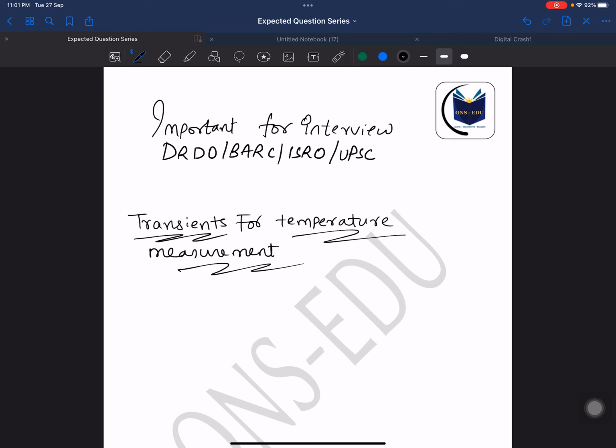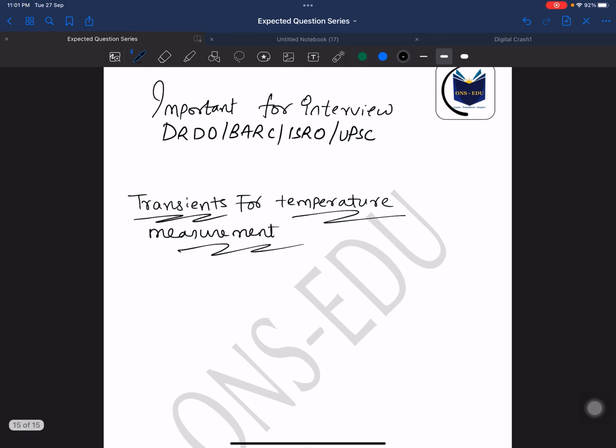A small theory, a small concept for measuring temperature. I came across this in my research work. I was doing some research in automation, and I solved the problem like this, and it really works. In the second part of this video, I'll show you using Arduino. All of you might know Arduino, so I'll show you how these transients can be used to measure the